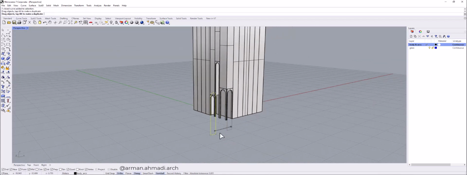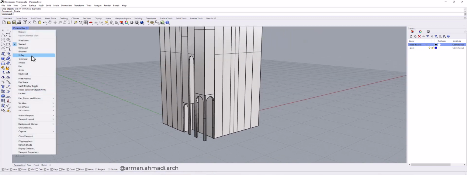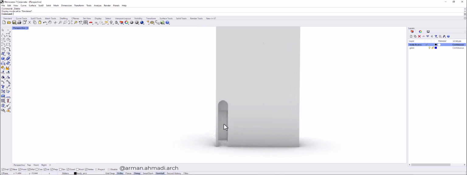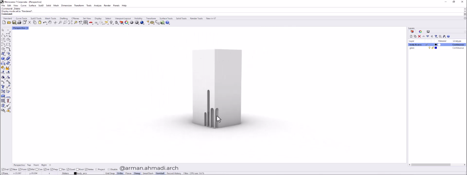I have my curve here. So if I go to rendered view, you can see that your arcs are created easily, and now we have